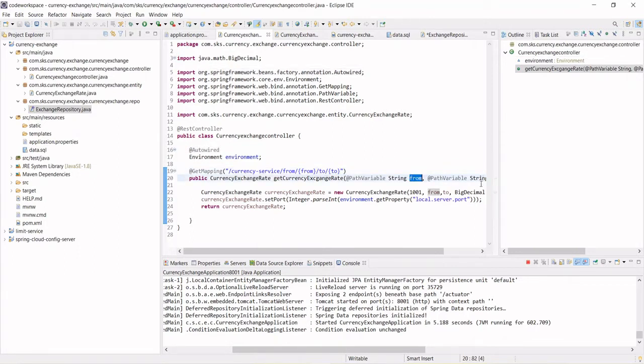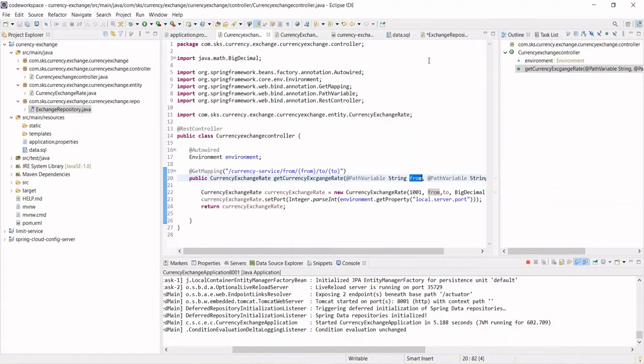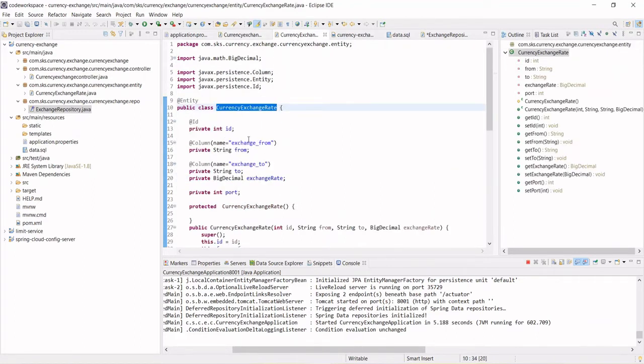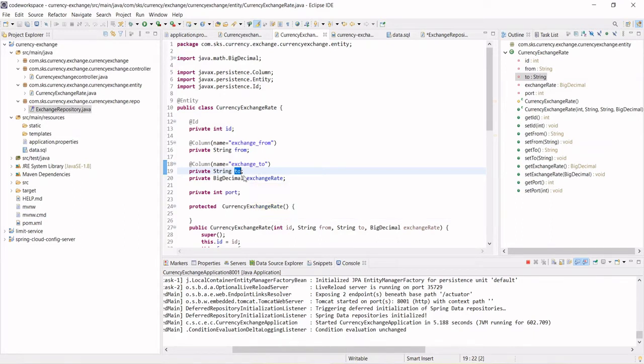So if you pass from as USD and to as INR, the query should return the exchange rate of USD to INR. So from and to is the criteria of your where clause. If you go to our entity class, you see the string fields are from and to.